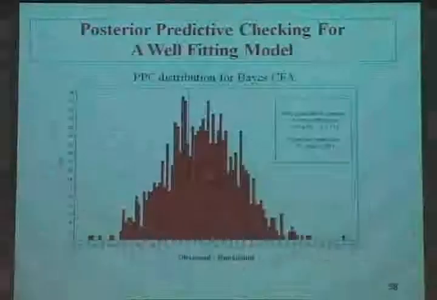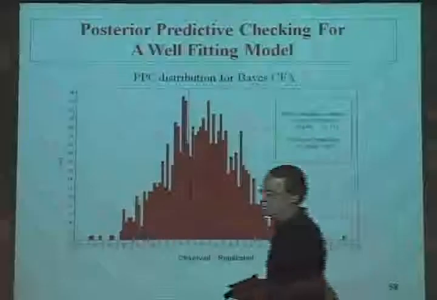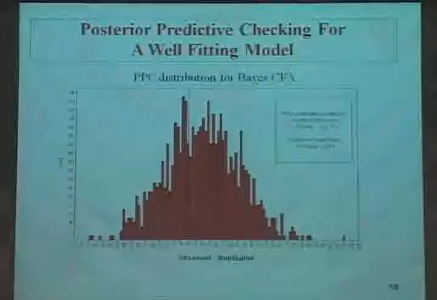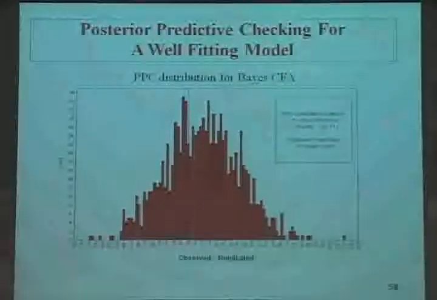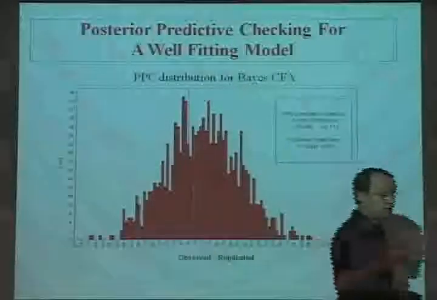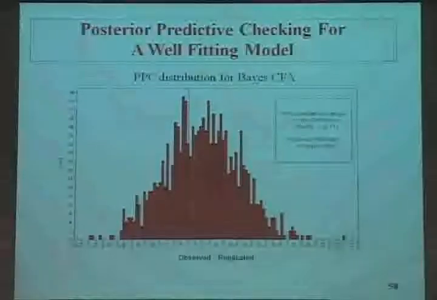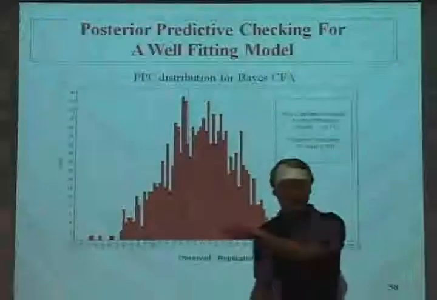In this case, you have the vertical line more in the center of the distribution, and that's where it should be. So here we should really strive for p-values more like 0.5. We shouldn't think that a model is over-parameterized when the p-value is 0.5, which we tend to think when we work with ML. So you work with this a little bit differently. And if you read Gelman's book, the one I carried with me,